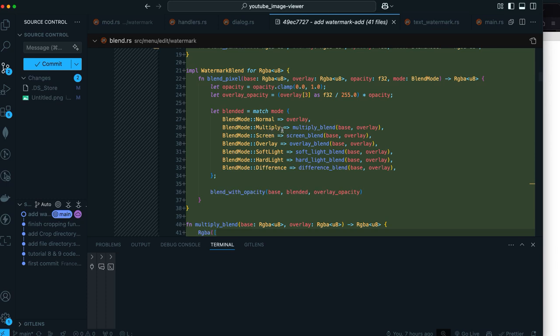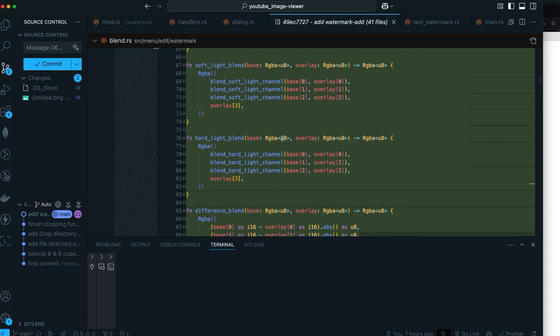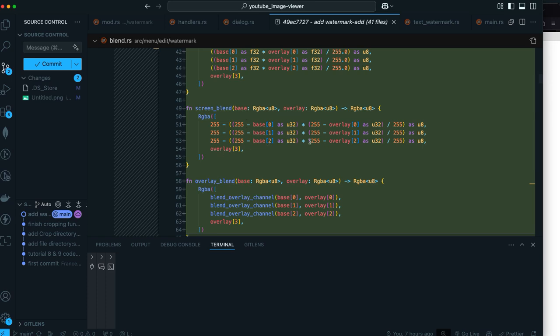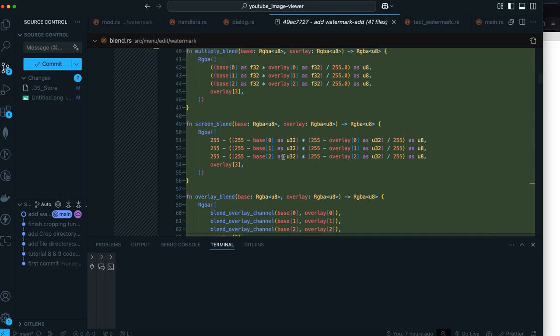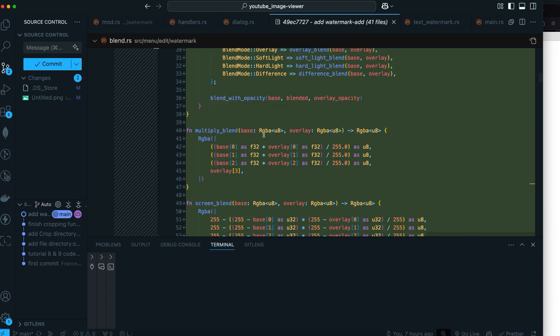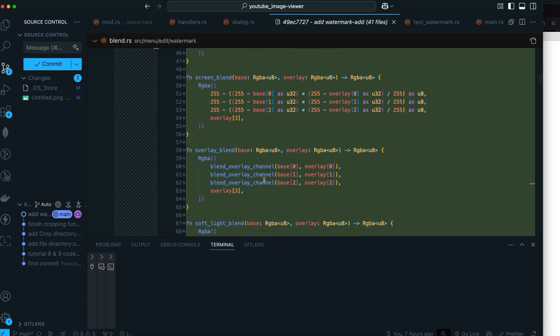The screen mode, I went one too fast, sorry. The screen is just an inverse multiplication, and by doing that, it's lightening the image. Let me just show you so it's easier for you to see what I'm talking about. This is the inverse multiplication, and when you do that, you're basically lightening the image. Here you're darkening the image, lightening the image, and overlay is kind of a combination of the multiply and